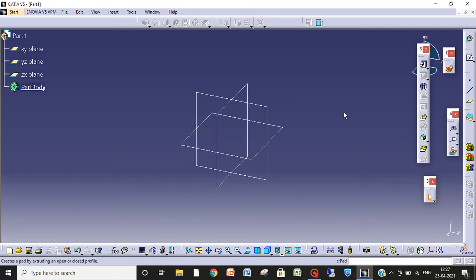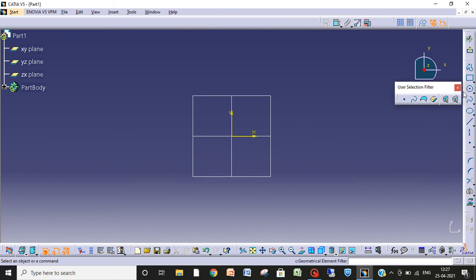So for pad we need a sketch. I'm taking this plane sketch. Let us make a rectangle. Okay, I have done this rectangle. We need to make it green with all the dimensions like this.